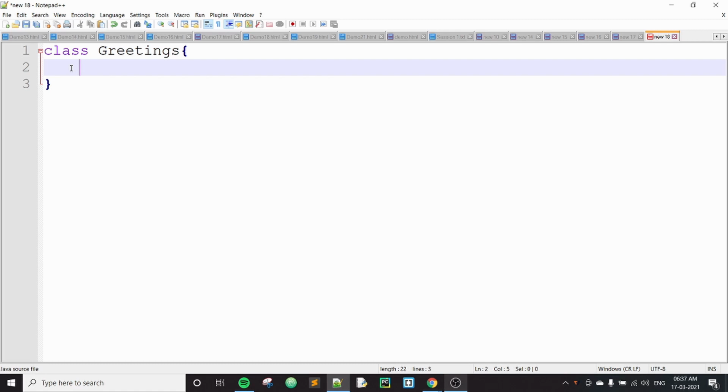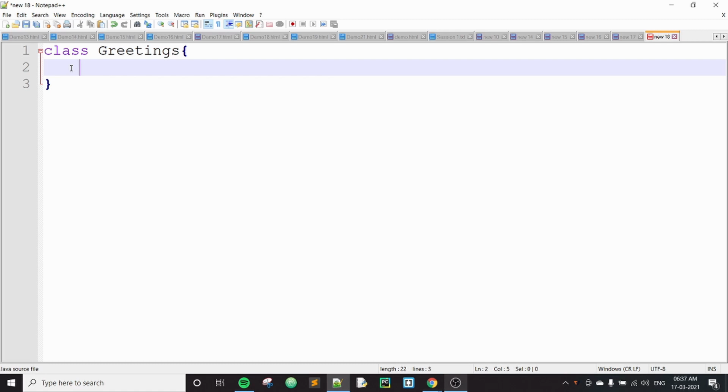We call that main method the entry point of your program. So when you execute a program, the compiler will first look for a main method, and only the statements that you have inside your main method will be executed. So this main method plays a very important role in all your Java programs. All your Java programs should have a main method. Without a main method, we cannot write even a single program and execute it.